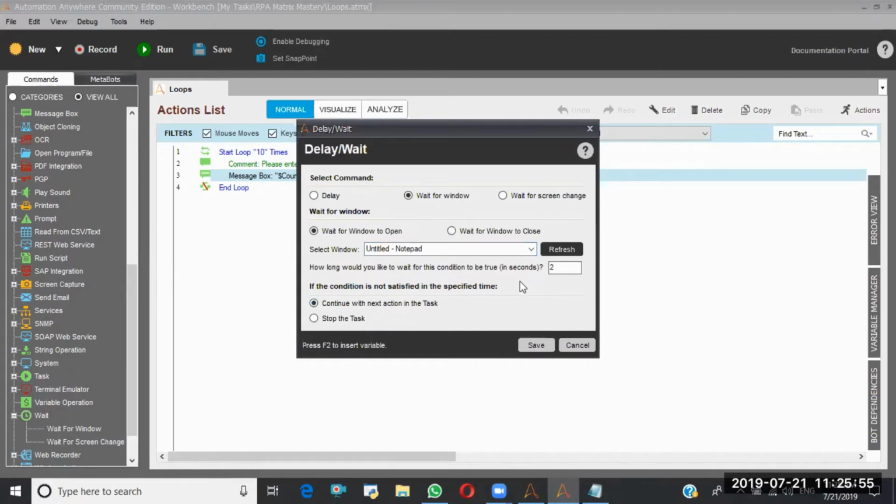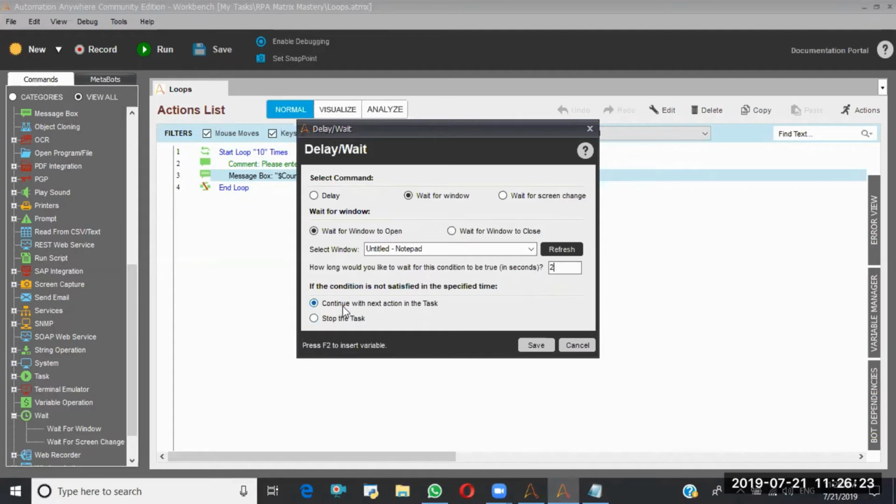What does this waiting period mean? Here I am saying wait for window open, and it will wait for a window to open. That window title should be untitled notepad. But how long should it wait? It could wait 10 seconds, 2 seconds, or 100 seconds. That time should be defined here. I am just giving 2 seconds.